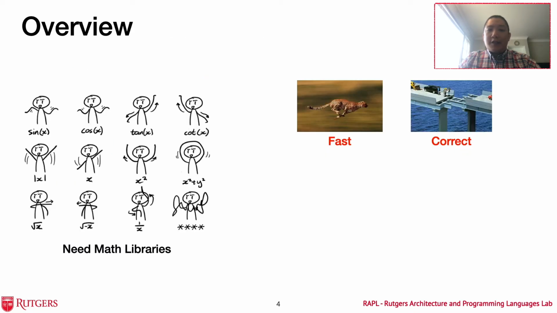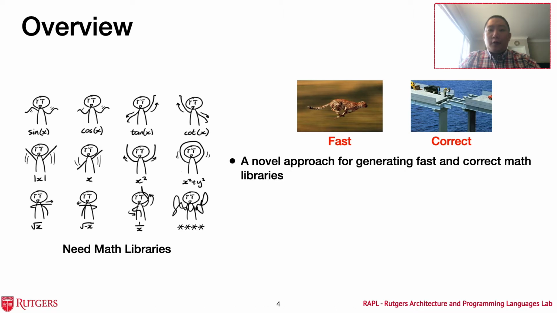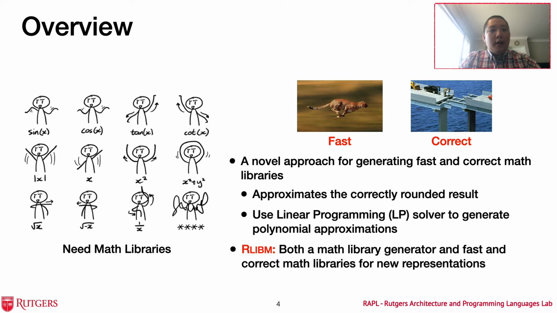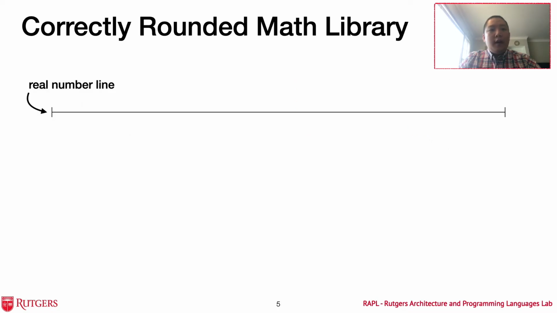So in this presentation, I would like to propose a really cool novel approach to create fast and correct math libraries. The key insight in our approach is to approximate the correctly rounded result of elementary function f(x) and reduce the problem of generating polynomial approximations to a linear programming problem. Using our approach, we created RLibM, a math library generator, and a collection of fast and correct math libraries for various representations. Now, before I introduce our new exciting approach, let me first describe what a correct math library is